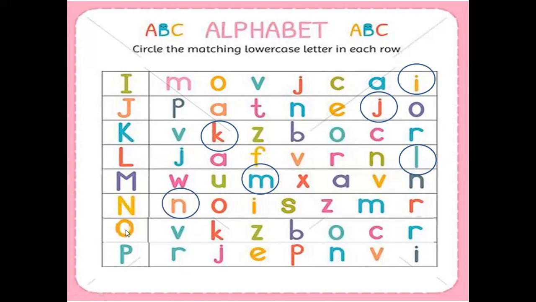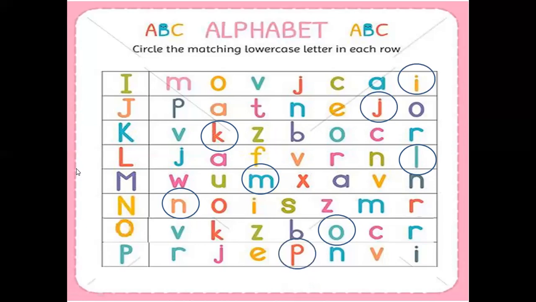Where is letter O? The small letter O is just like a capital letter O. Where is the small letter O? Here. Yes, this one is letter O. Now P. A small p is just like a capital letter P. But where is P sleeping? Where is P hiding? Here. Well done.